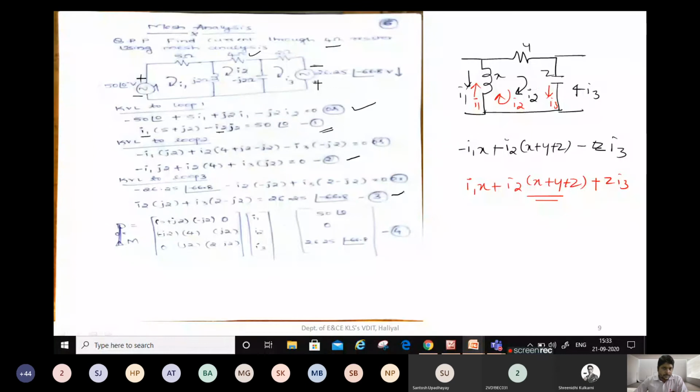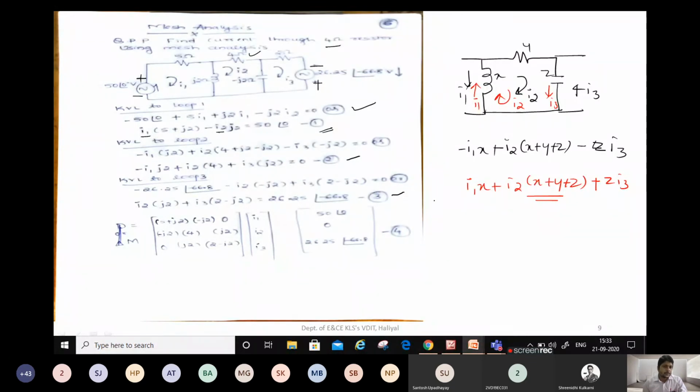2 and equation 3, also with respect to loop 3. But here the main interest is you should be able to write equations 1, 2 and 3. Now equations 1, 2 and 3 cannot be solved using a calculator. You cannot go with constants, 2 unknowns and 3 unknowns as we used to do for DC source values. So here it is not possible.